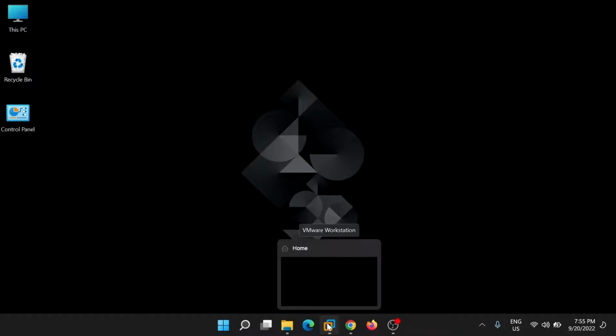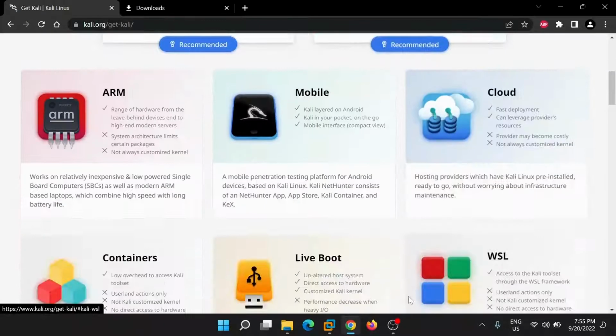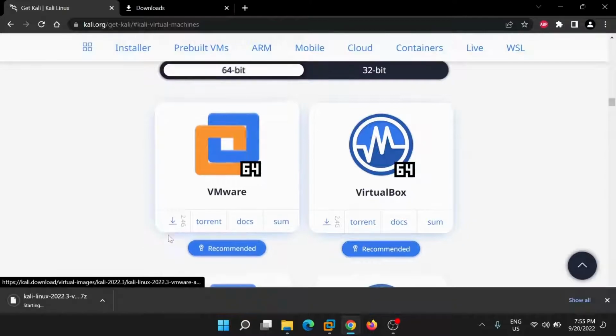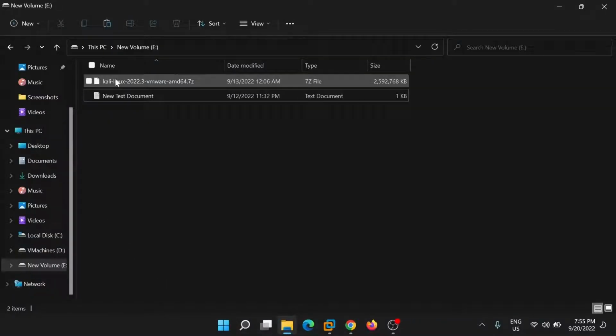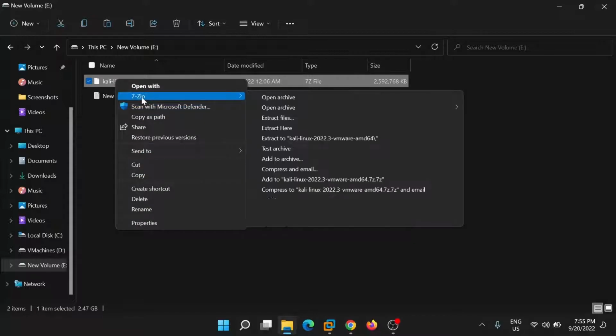For installing Kali Linux in your VMware, open your browser, click on the Get Kali option and click on the virtual machines and download your virtual machine. I have already downloaded it and I will simply open my folder, right click on the Kali Linux file you have just downloaded, click on the 7-zip, extract here,